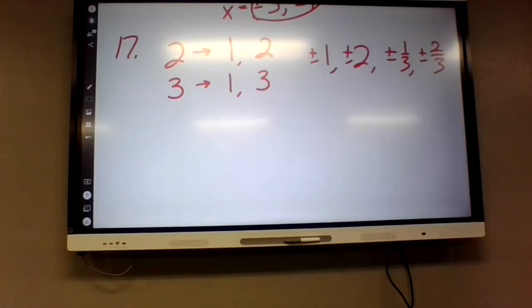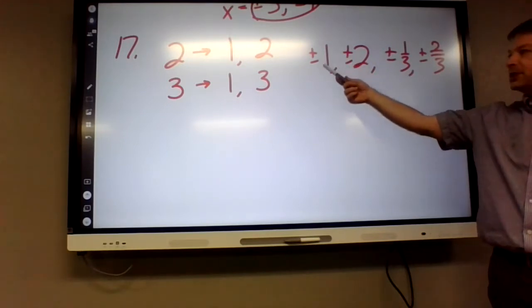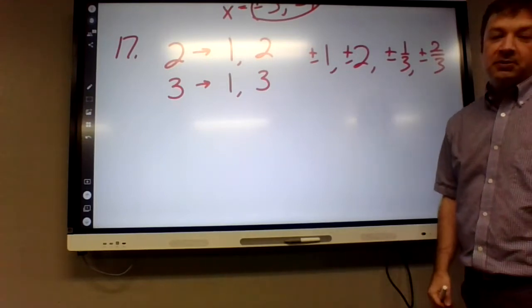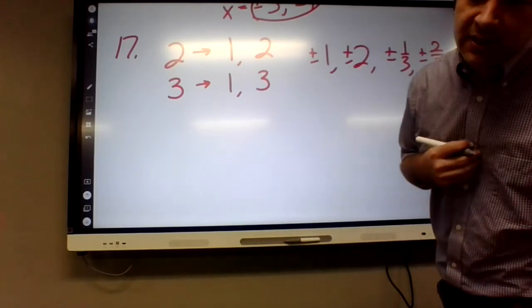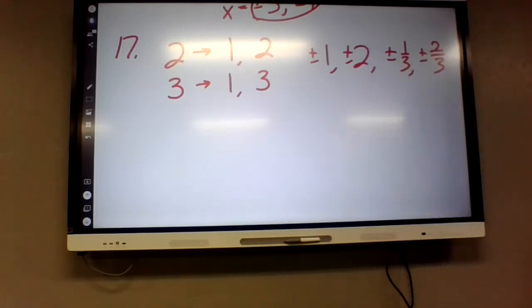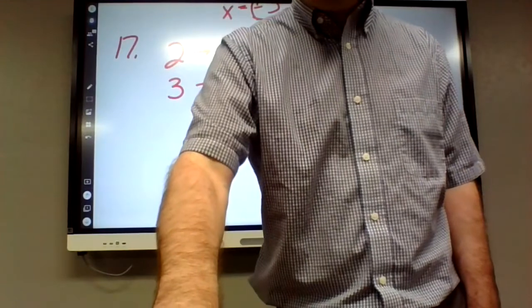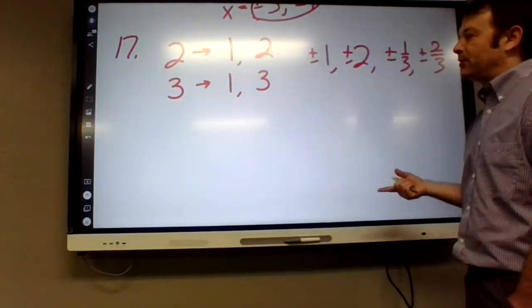I would definitely check the whole numbers first, or integers first, I should say, because those are also negative, before I check the fractions. This is an x cubed, a cubic function. So if we can get one answer, then we can factor to get the last two answers, or use the quadratic formula. Not all of these factor, I don't think. For 19, for example, after we get the first answer, it won't factor. We'll have to use the quadratic formula.